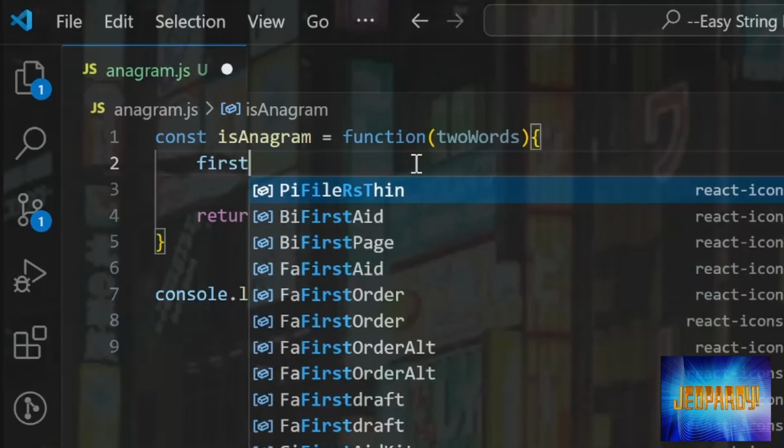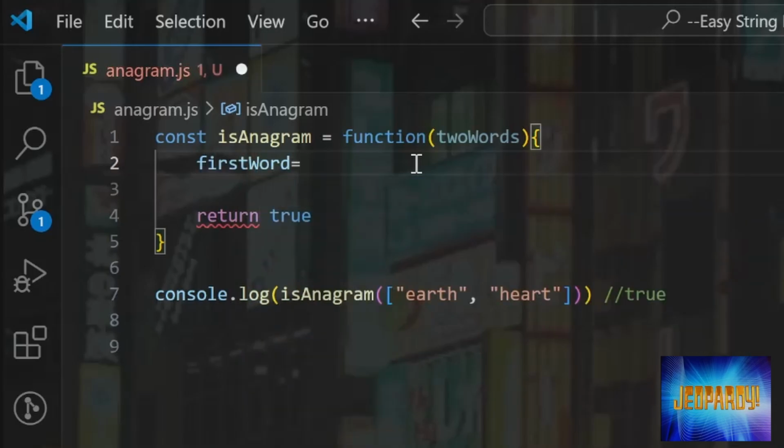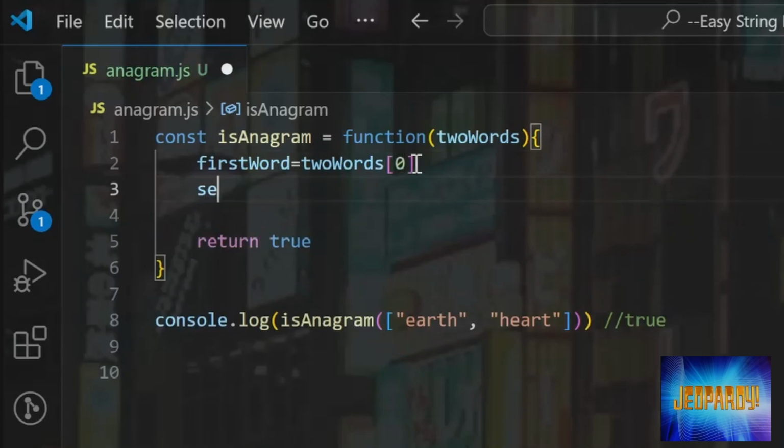I'm going to take the first word equal to two words index 0, and the second word from the two words index 1. So those are our two words, and I want